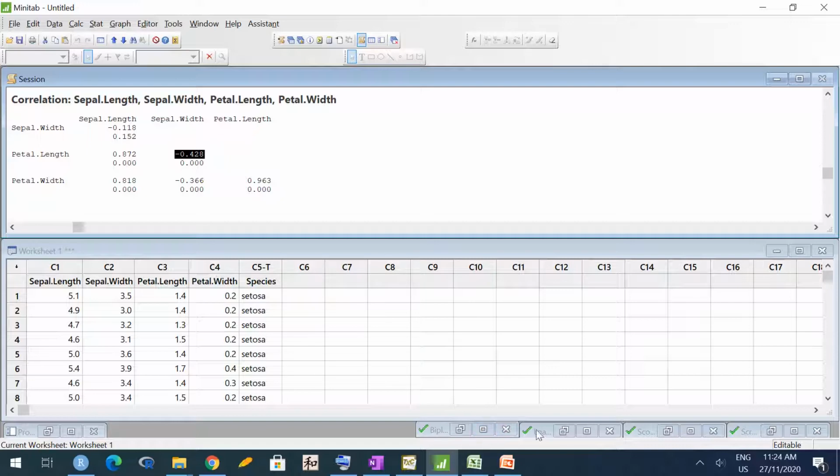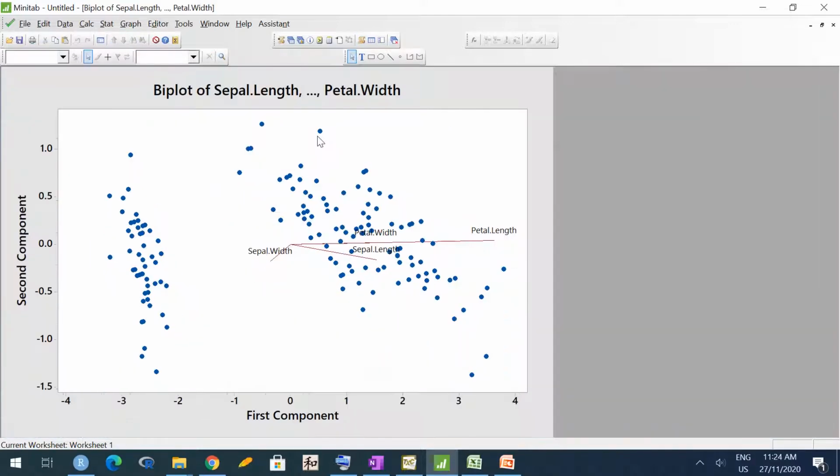Similar things can be seen here in the biplot. See, petal length has the highest length, and the direction of these lines indicates the larger values. So petal length is probably larger in these two species compared to setosa. Setosa is here, on the opposite side from where petal length is written, right? On the other hand, sepal width is probably larger in setosa compared to these two species. Similarly, sepal length is probably larger in these two species than setosa.